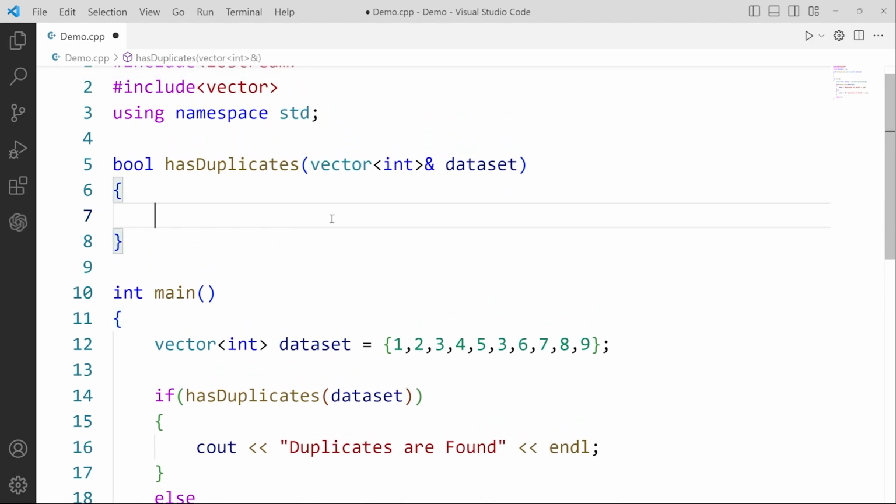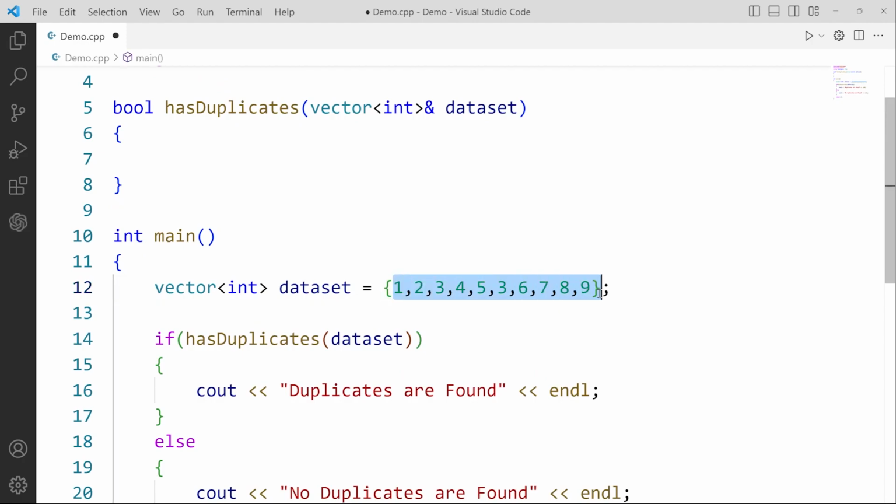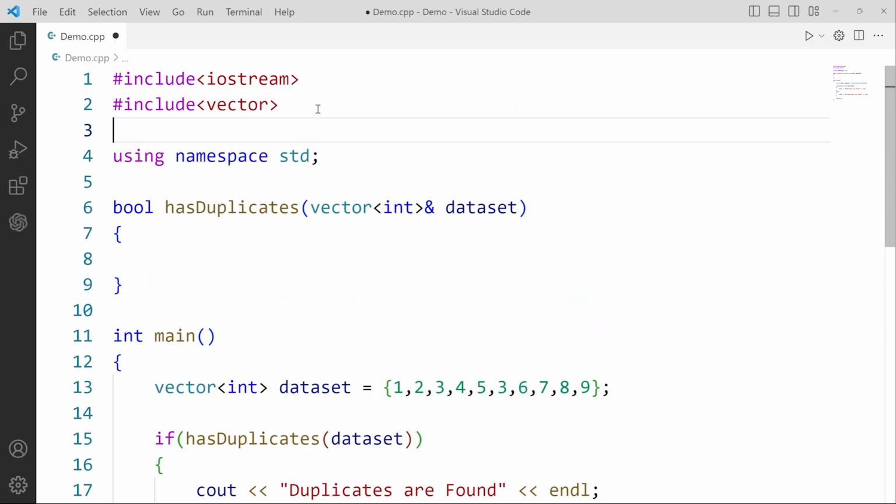In this case, we are going to first create an unordered set. Why am I using an unordered set? Because here set is the function. A set is a data structure which doesn't allow you to create duplicate values in it. So this way I'll be able to clear the vector which I'm going to put into it easily. I'm using an unordered one because here the order may or may not be followed in the vector. Okay, so I'm going to write one more thing here, hash include